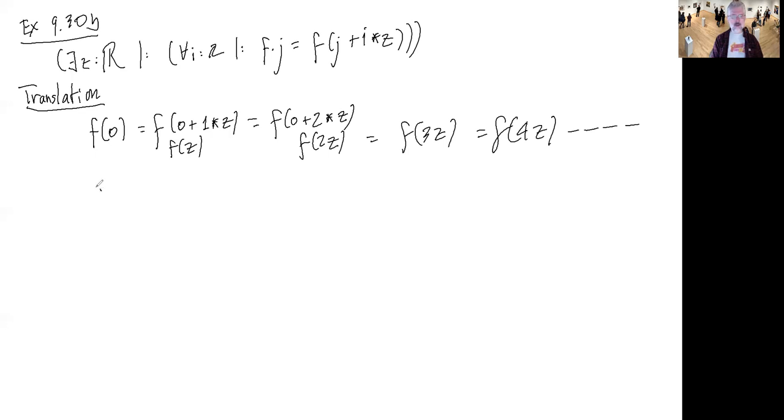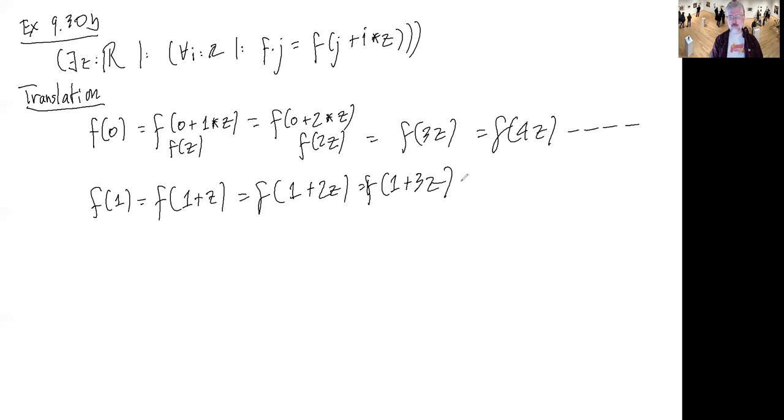And similarly, if we looked at f of 1, that's the same as f of 1 plus z, which would be the same as f of 1 plus 2z, which is the same as f of 1 plus 3z. Okay, so f is going to be the same at 1, 1 plus z, 1 plus 2z, 1 plus 3z. And one way to think about this is graphically,